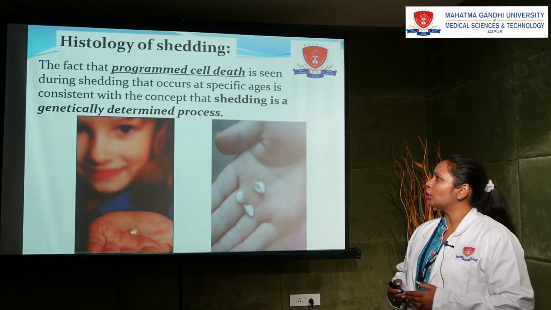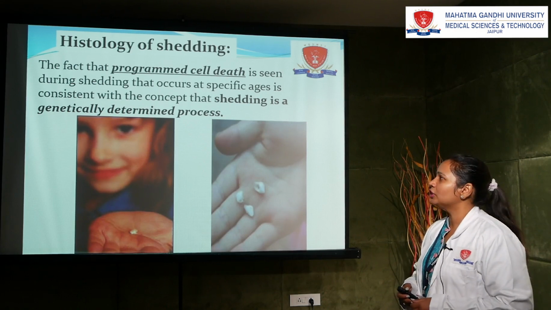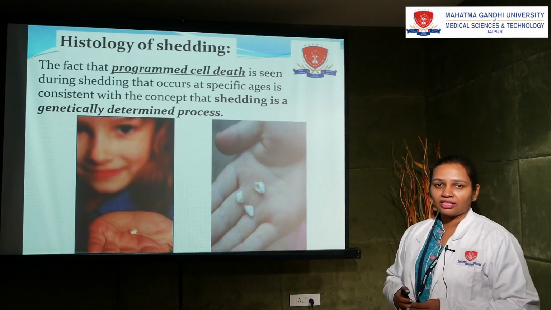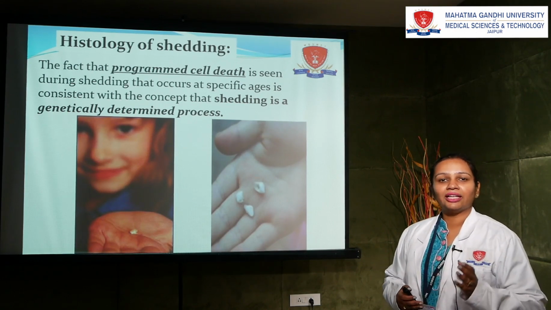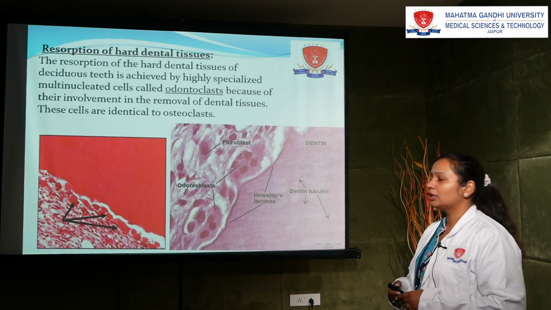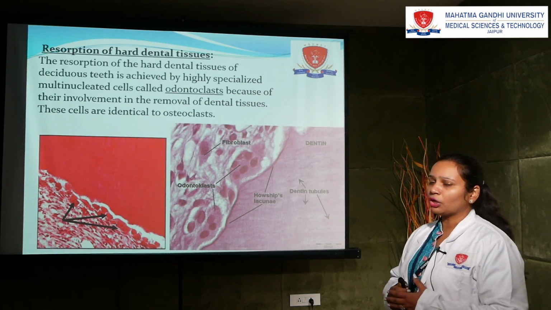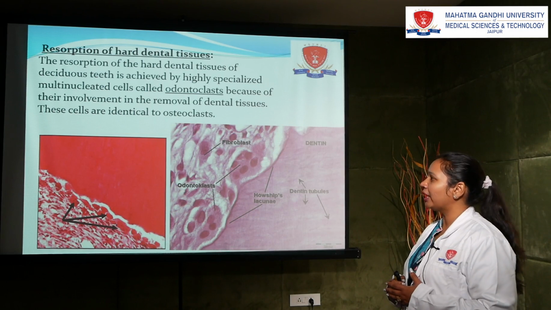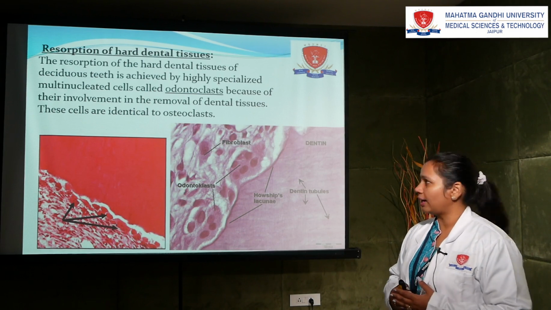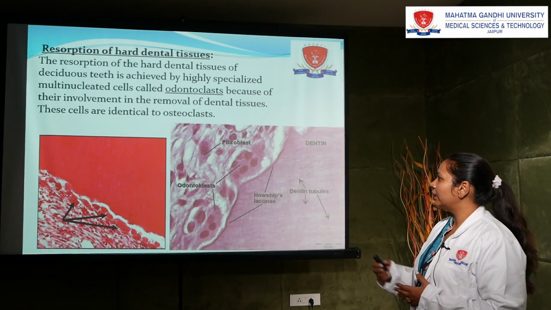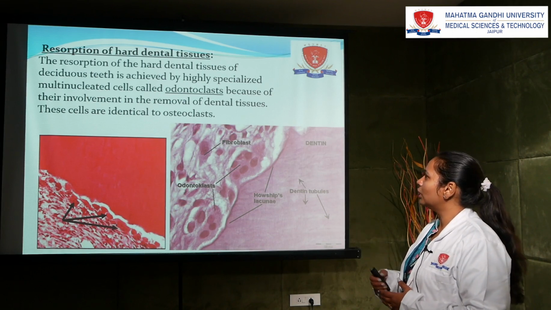Now coming to the histology of shedding, the fact that programmed cell death is seen during shedding that occurs at specific ages is consistent with the concept that shedding is a genetically determined process. Resorption of hard dental tissues. The resorption of the hard dental tissues of deciduous teeth is achieved by highly specialized multinucleated cells which are called odontoclasts. Because of their involvement in the removal of dental tissues,